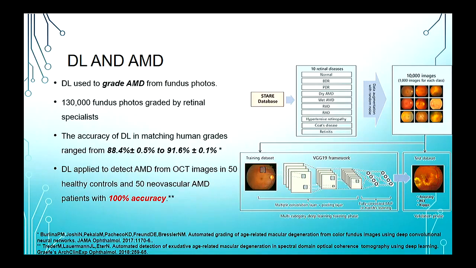So there's a problem here. 100% accuracy. Nobody is 100% accurate, not even a computer. And this is one of the problems that I will come back to when we talk about artificial intelligence shortcomings, and that's a small data set. The first study, which was 91% accurate, used 130,000 images or 100,000 images. The second study used 50. So achieving high accuracies and high repeatability is not difficult if you have a small data set.